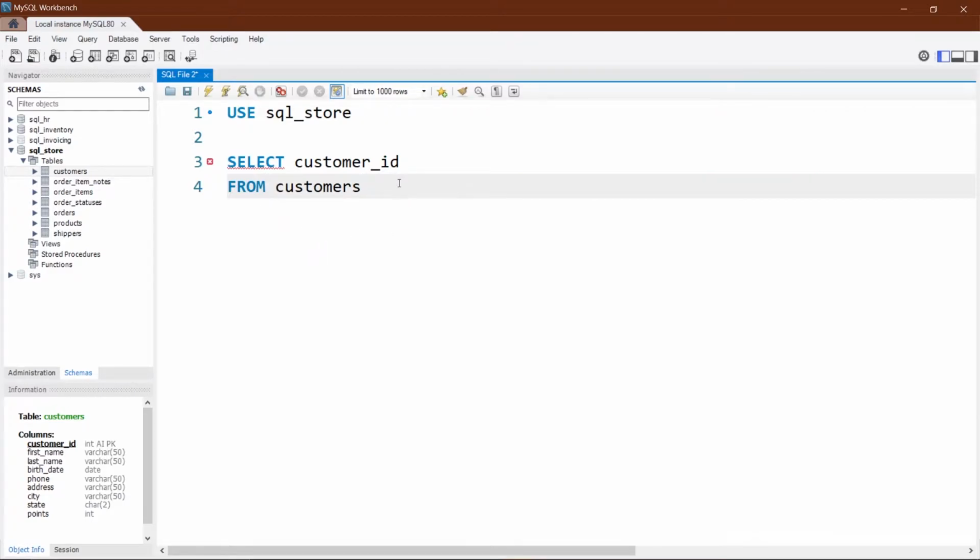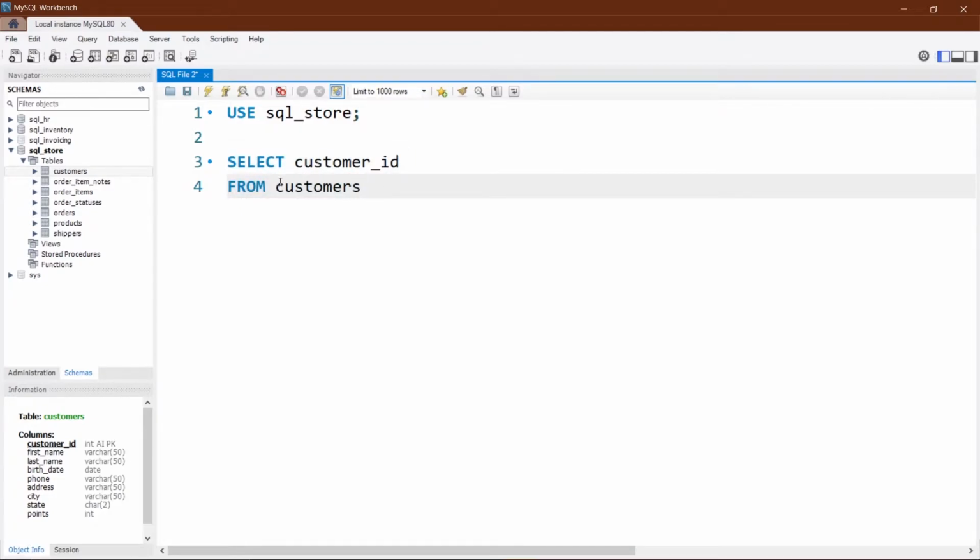That means you need to always separate all the different statements with a semicolon. So here we have not used a semicolon. So I'm going to write a semicolon, and as you can see our error is gone. So this is the proper way of writing SQL code. Now this is one statement and this is another statement. Both the lines are one statement.